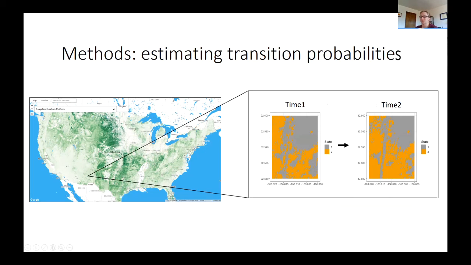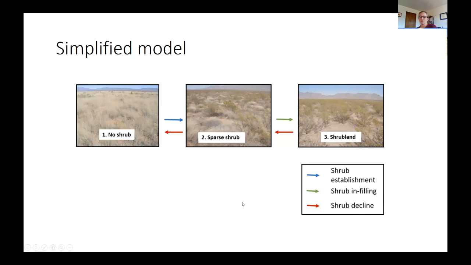So in order to estimate those transition probabilities, if I can detect the states from this RAP data, I can then count the pixels that change states between 2 points in time and use that ratio as an estimate of the probability of changing between state 1 and state 2. But the first thing I had to do in order to detect states